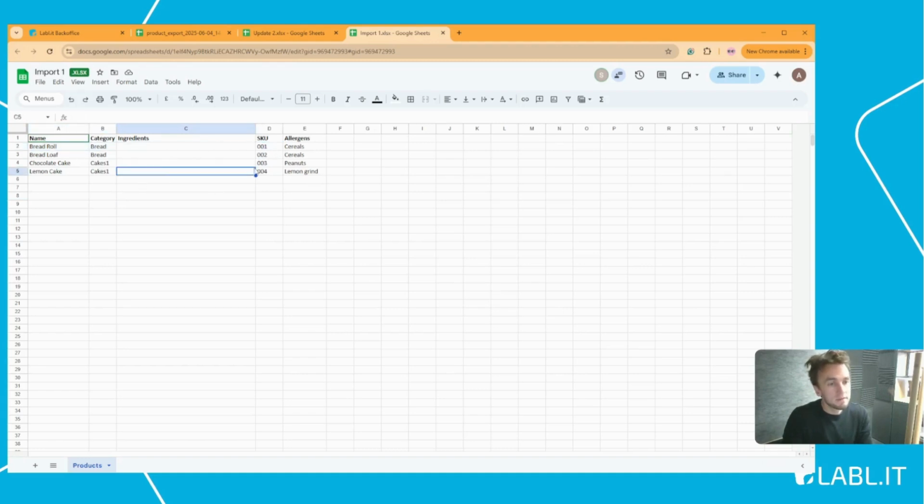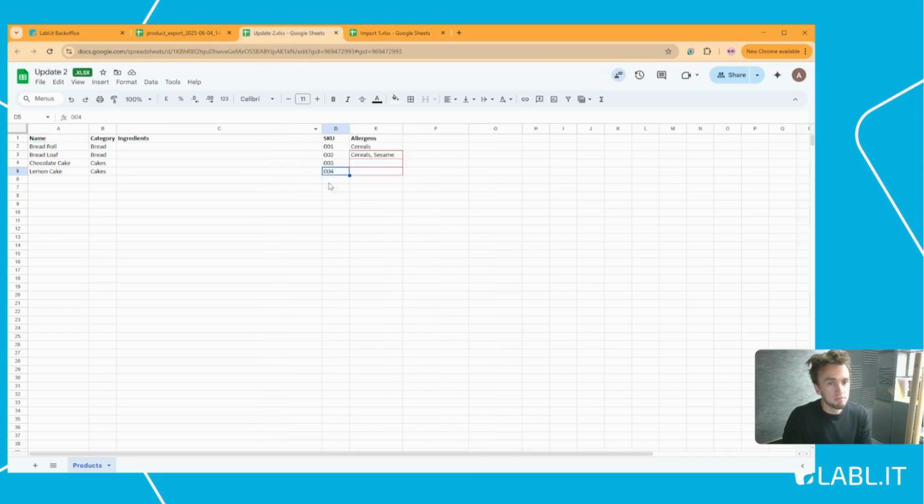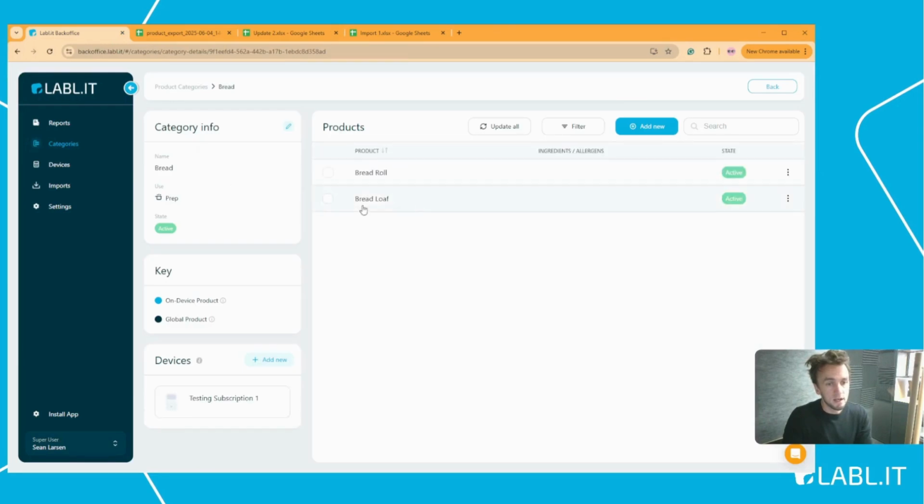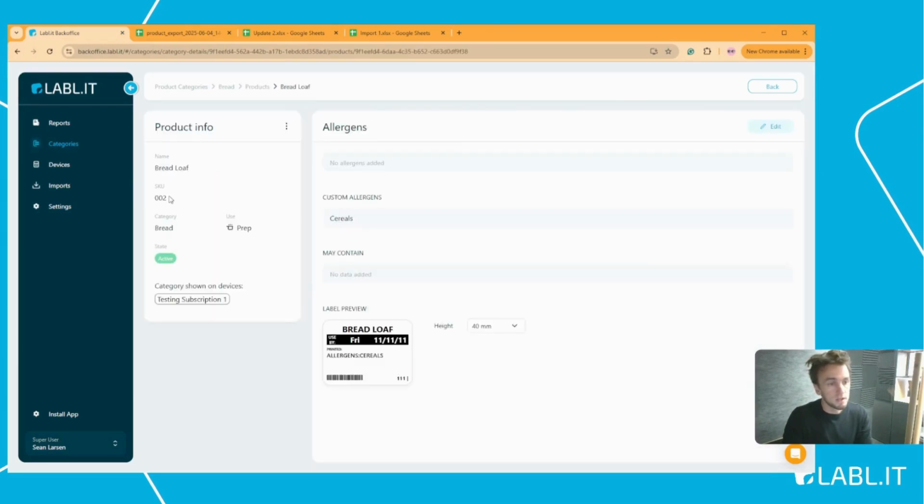Now, if I wanted to update some of these products using a spreadsheet, I've pre-prepared another spreadsheet here. For example, if I wanted to add sesame to the bread loaf as an allergen, and maybe remove the allergens from the cakes, how would we go about this? Well, first of all, we need to make sure that the SKU fields are populated within the database. So if we go to categories again, go to bread, and go to bread loaf, you can see here SKU 002